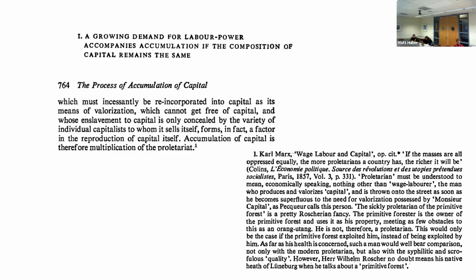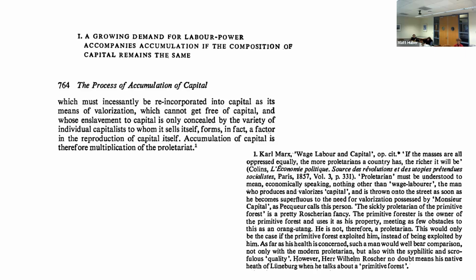Then he quotes someone else. "The sickly proletarian of the primitive forest is a pretty Rauscherian fancy. The primitive forester is the owner of the primitive forest, and uses it as his property, meeting as few obstacles to this as an orangutan." So what he's saying here is that,